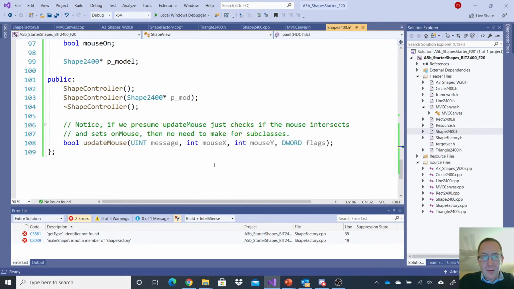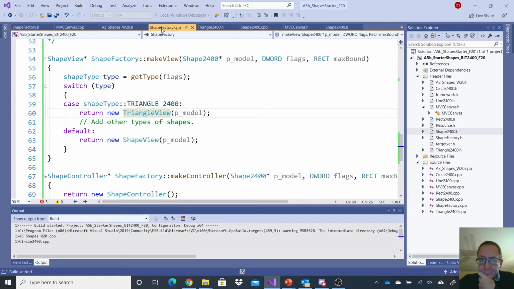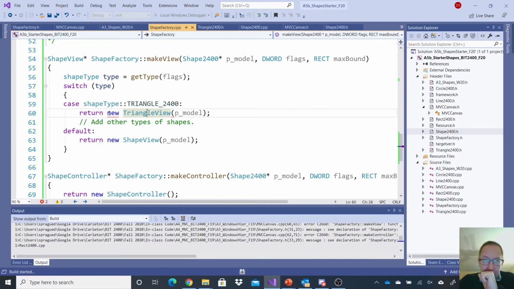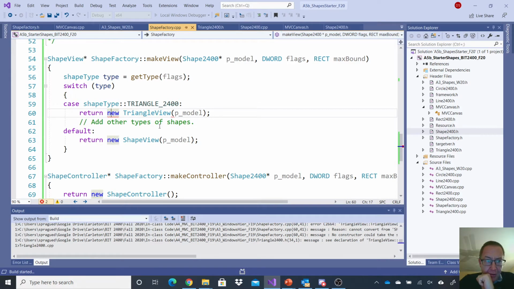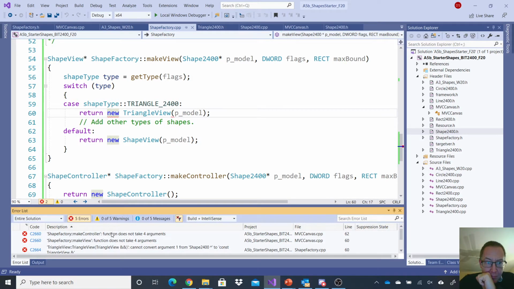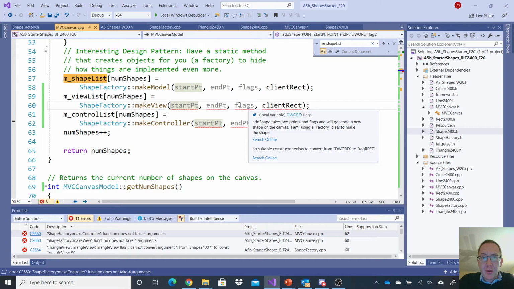Okay. And this still might be barfing on me because I don't have a constructor for the triangle view. And this needs to change. So I'm going to put in